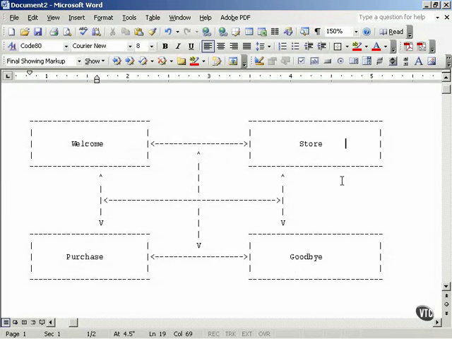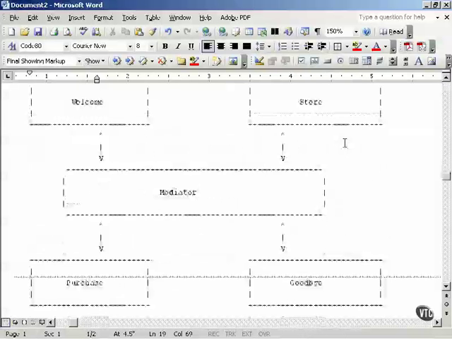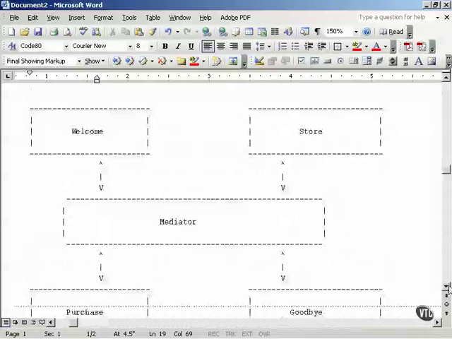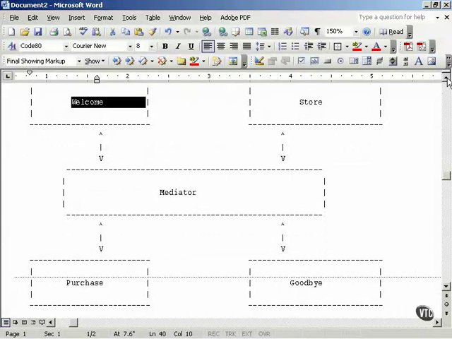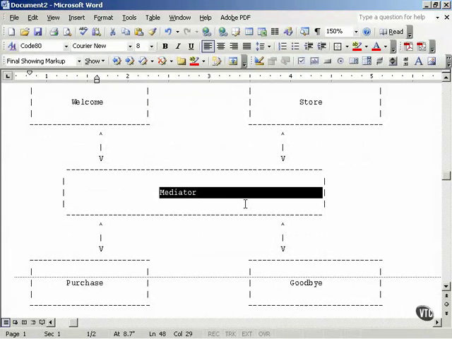So instead of handling all the navigation logic going from page to page inside each page, the Mediator design pattern says, why don't you use an object which is a mediator object, and lets you go from the welcome page to another page you want to go to using a mediator. That way these individual pages don't have to know about the navigation logic that is involved. Instead, they can just work with the mediator. So that takes the responsibility of navigation out of the individual pages and puts it into the mediator,